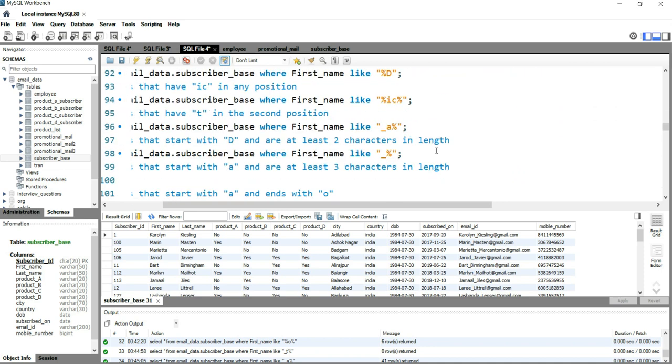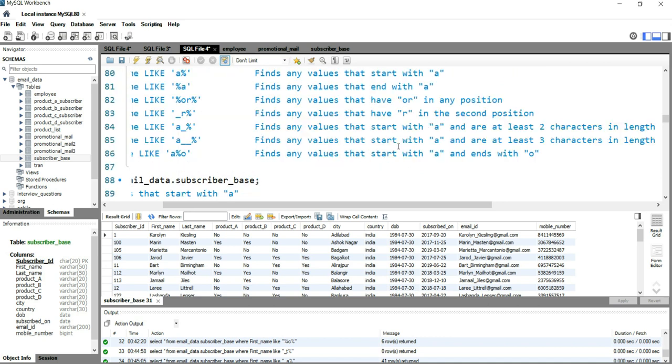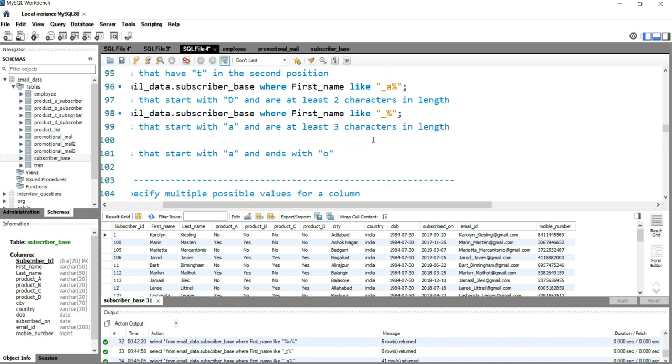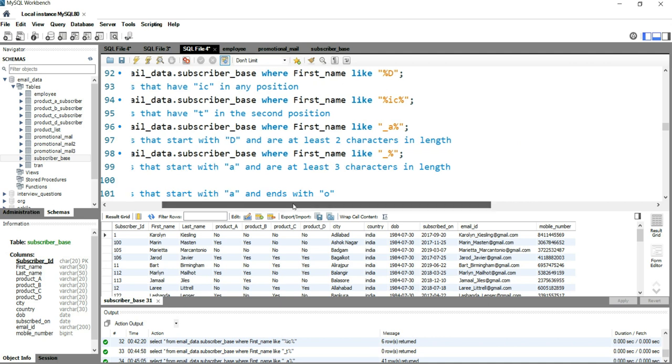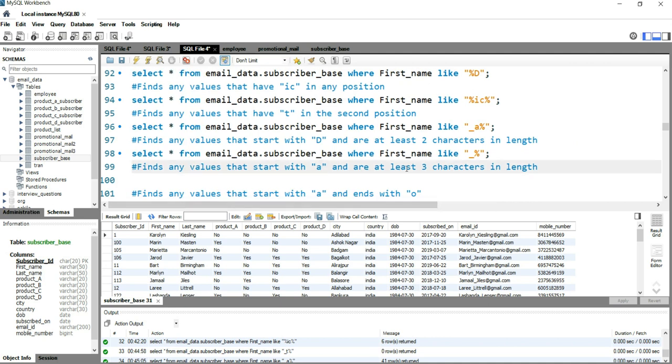So when we say at least 2 characters, this means that the first character, we know, should be D. We are answering this question. So the first character is D, and then whatever character it might have, but its length should be at least 2.